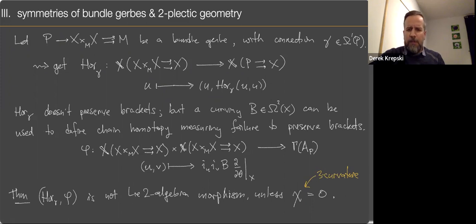So the issue here is that the chain homotopy and the chain map, in this case the horizontal lift, have to satisfy a coherence condition, or compatibility condition, with all the rest of the structure, and that boils down to this condition with the 3-curvature, the 3-form chi. Okay, so the 3-curvature can then be interpreted as the obstruction to horizontal lift being a Lie 2-algebra